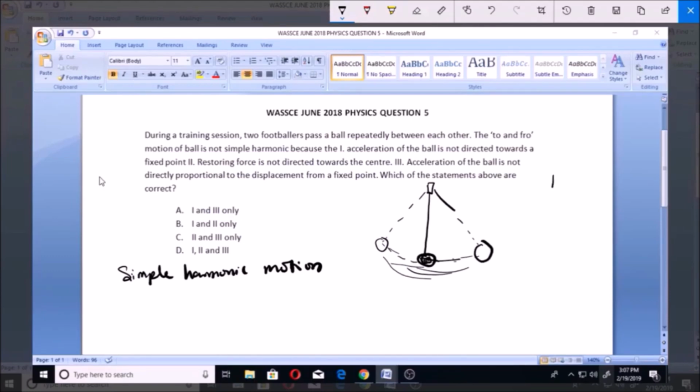Then another form of simple harmonic motion is when you have a helical spring and you attach a load to this helical spring. When you tap this load, you see this thing will start vibrating. It will start moving from one point to the other, and as it's making this motion, the acceleration is also directed towards a fixed point, just like this one is directed towards this fixed point at the middle. Now when you have your guitar,